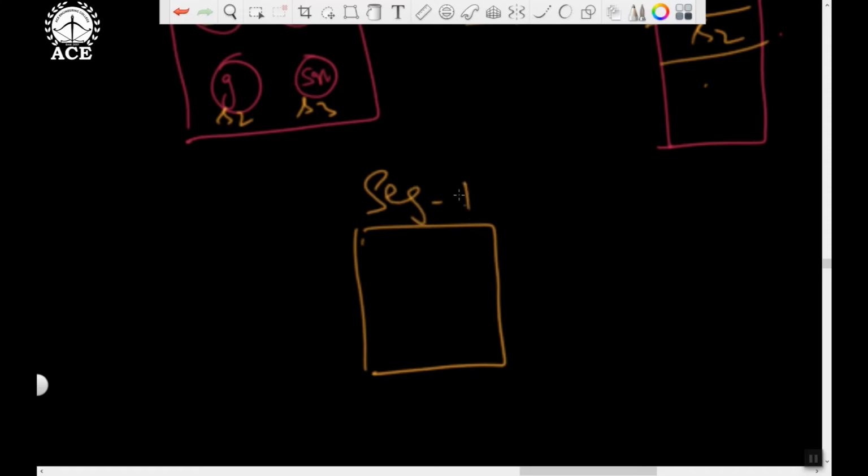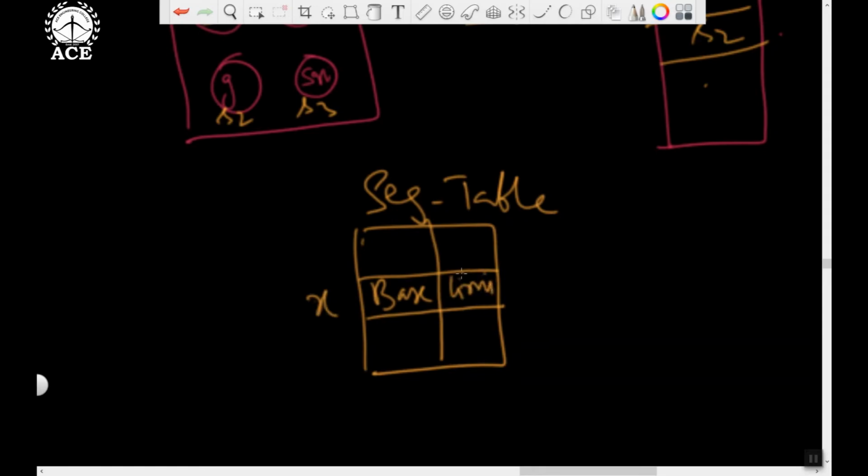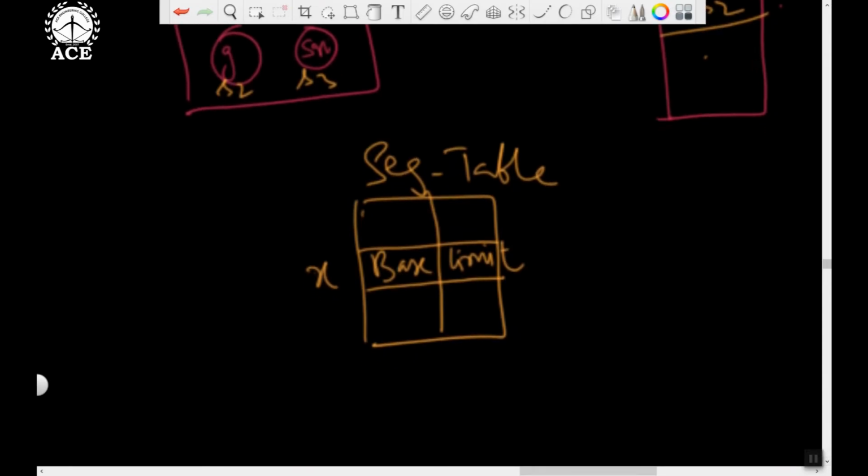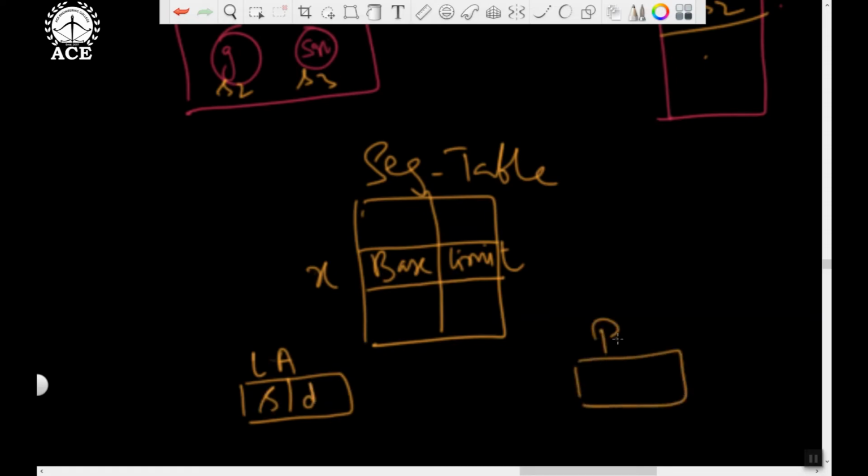The program will generate the logical address, which will have two parts. I hope you can see the notes for the detailed diagram; I'm only putting it in a summarized way. This will be divided into segment number and offset. Every segment is given a number: segment 0, segment 1, segment 2, segment 3. This segment number may refer to any of these, and offset means which word of the segment you want to refer to. Using this translation scheme, we can convert the logical address to physical address by means of